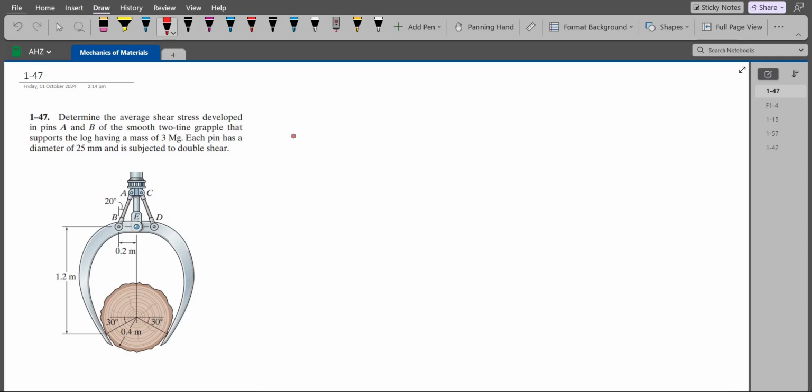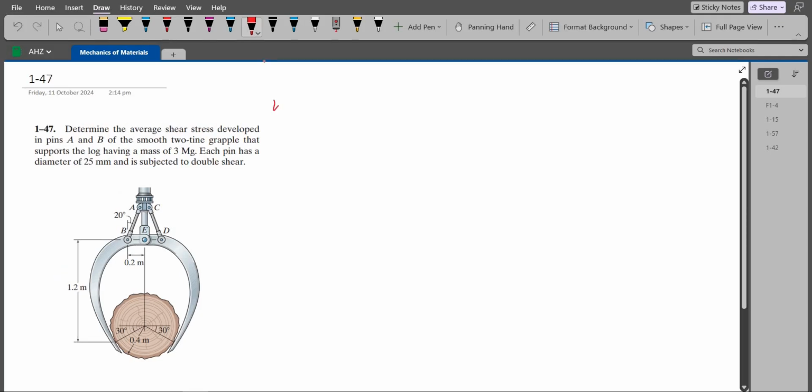Now to solve this problem, first of all, let's calculate the weight of this log. We have to use it later on. So weight is equal to mg. The mass is 3 megagrams, so we have to convert it into kilograms. So we divide it by 1000 and multiply it by 9.81. The weight of the log comes out to be